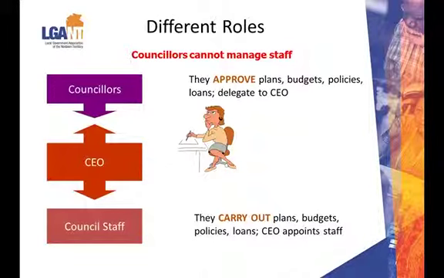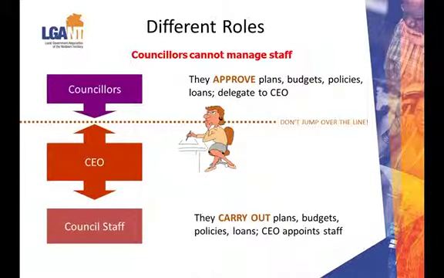Councillors need to know that they are not to jump over the line. If this is understood, then the separation of roles or powers removes the need for council members to become involved in administrative matters. Then they can determine strategic directions for the community. It ensures that council members do not place themselves in a position where they could be seen to be taking advantage of their position or authority, and ensures the integrity of council.